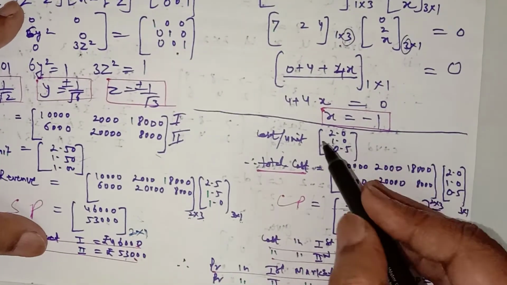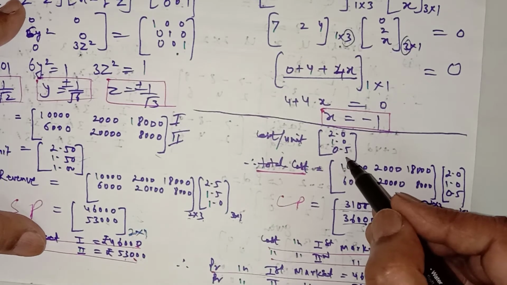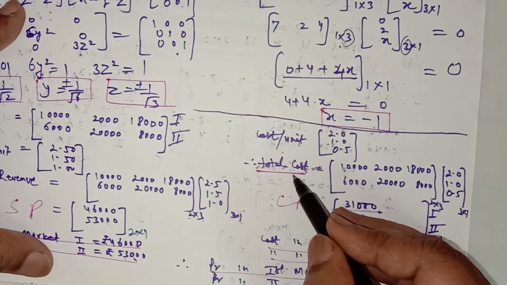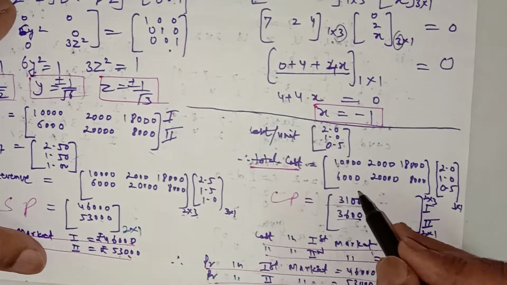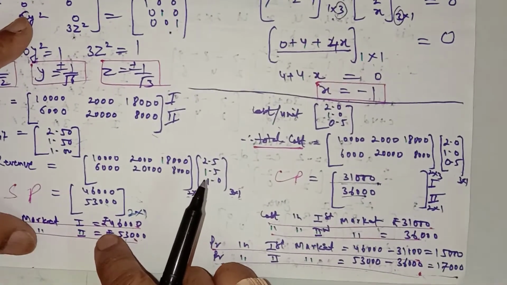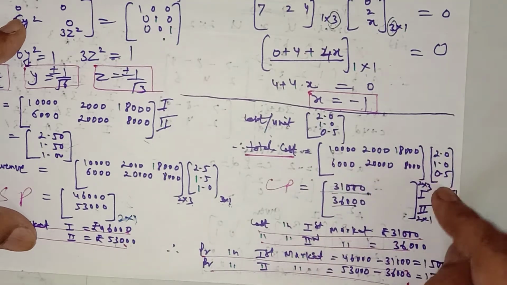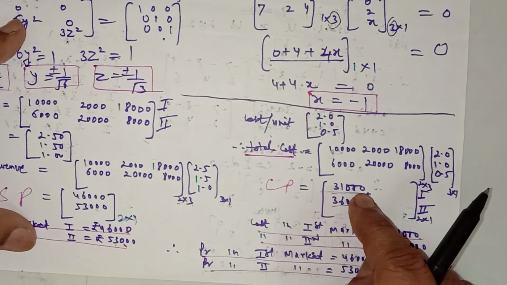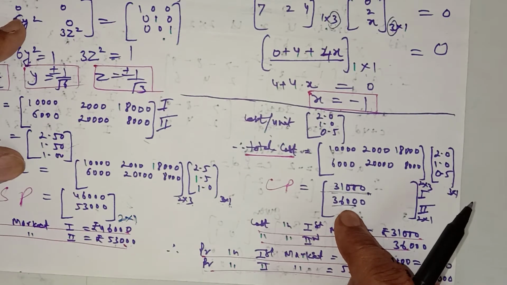Similarly, the cost price of each article is given as 2 for the first article, 1 for the second article, and 50 paise for the third article. So I've converted it into rupees for the third article. Similarly, you'll get the cost price in the first market and the second market for all the articles. So multiply the number of articles with the cost price of each, as we have done for the total revenue. Multiply first row with first column, you'll get the first element. Second row with first column will give the second element. So 31,000 is the total cost price of the articles in the first market, and 36,000 is the total cost price of all the articles in the second market.